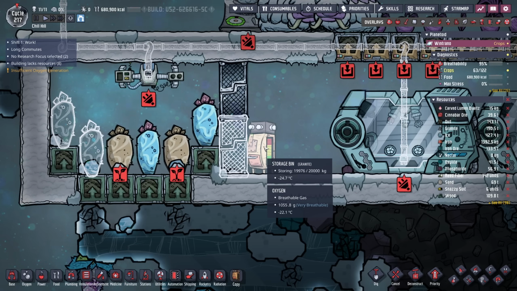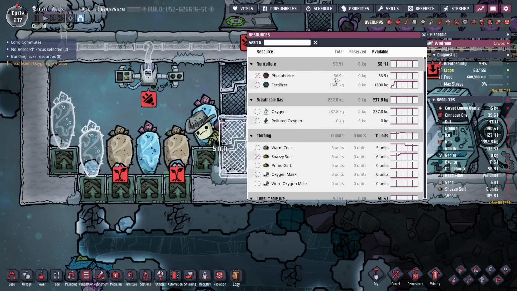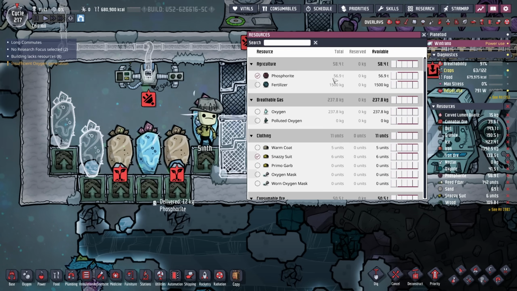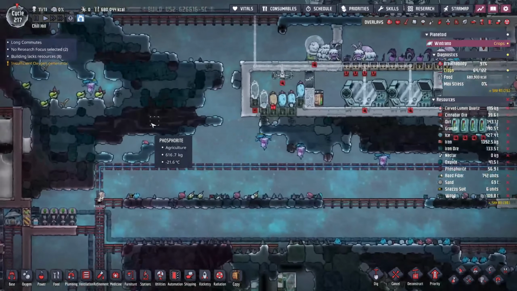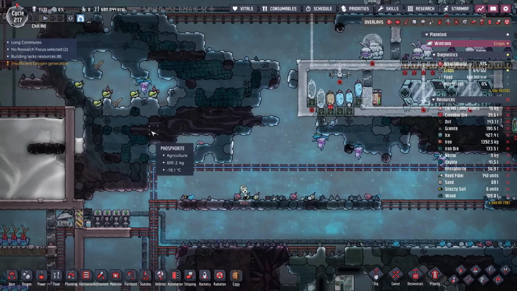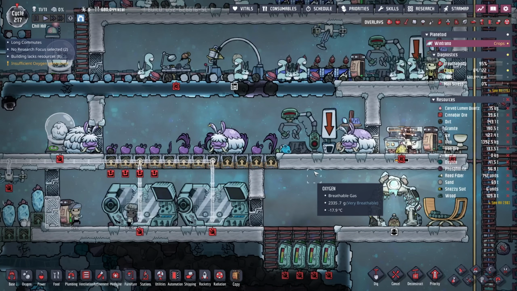As the duplicants are filling up the storage bin, they dropped off 20 tons of phosphorite. So I wanted to check, and we have over 56 tons. I have no idea. Oh, it's this here. So the map comes with a bunch of phosphorite anyways. You hear that, Bamas? We don't even need any of your...